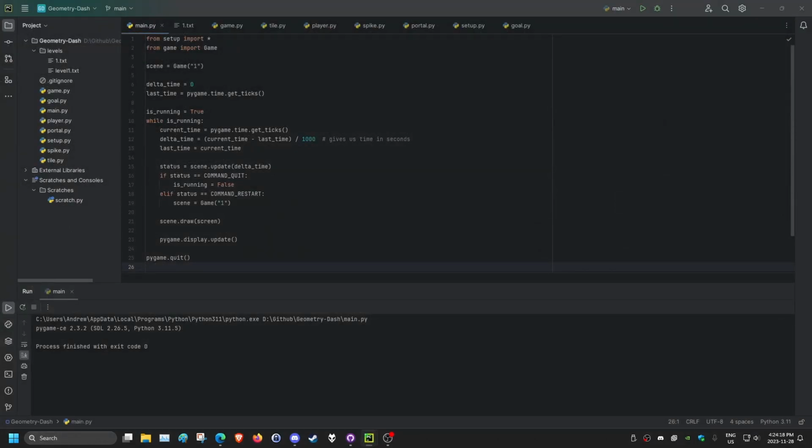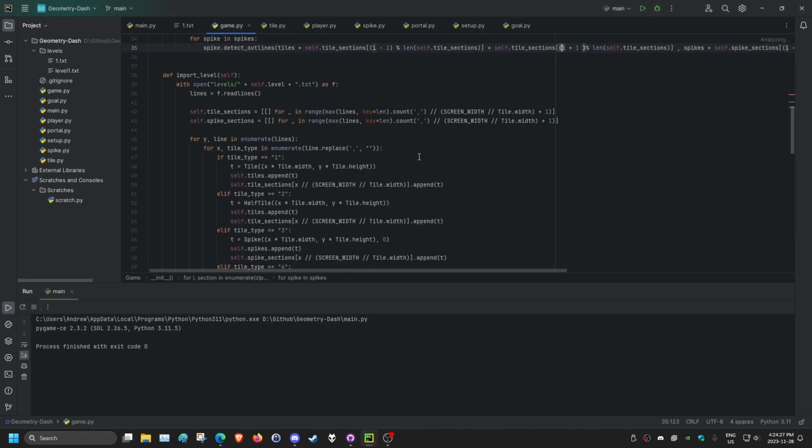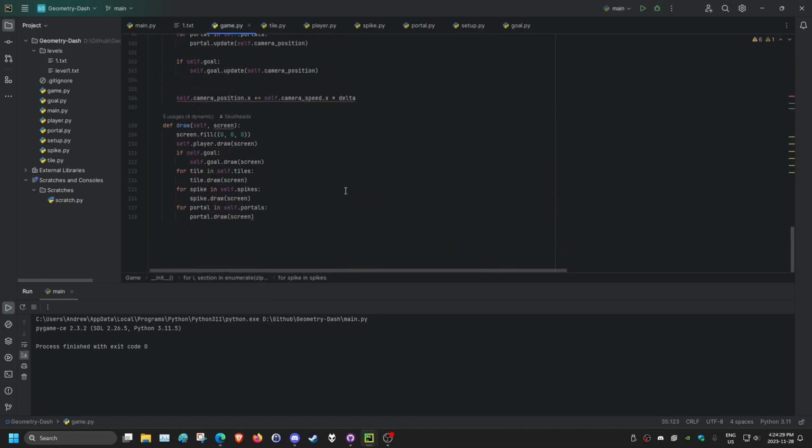Okay. So one easy thing that we can add to the game would be how far we've got through the level. If we go into game.py and go to our draw function, we can quickly make that. We first need to keep track of how much of the game we've already completed. So let's make a variable for that. So completion is going to equal